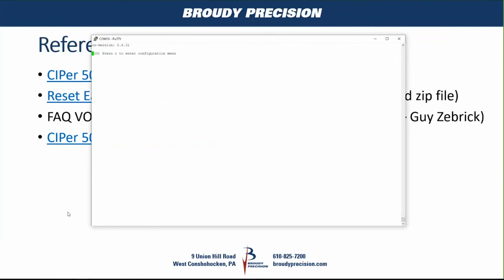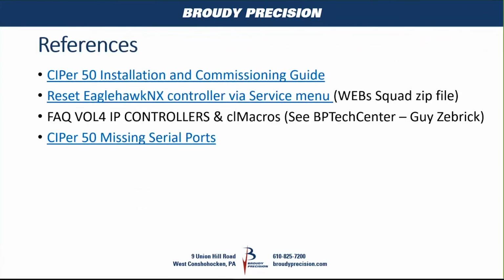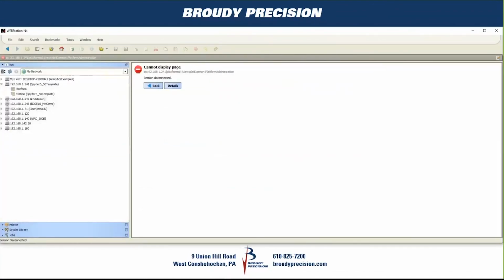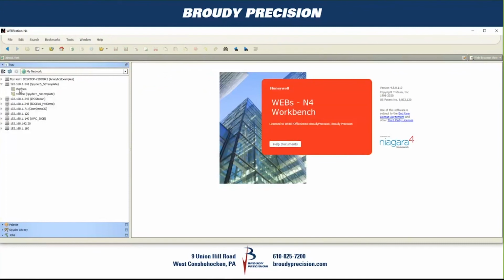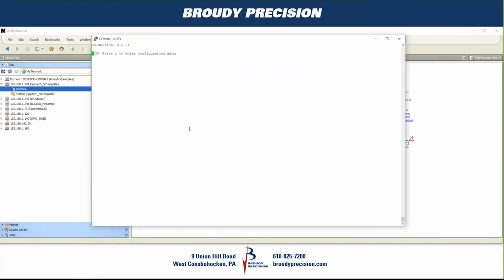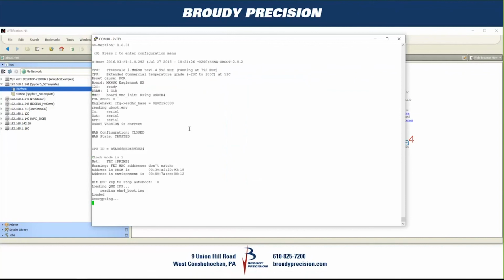So now we are back up, so I should be able to go in now with my 4.47. Let's see if this is 4.8. Okay, I'm in 4.8, so I can go back into platform. No, I can't do that because it did reset the IP addressing. So we have to cycle power yet again and go back into shell, and I want to